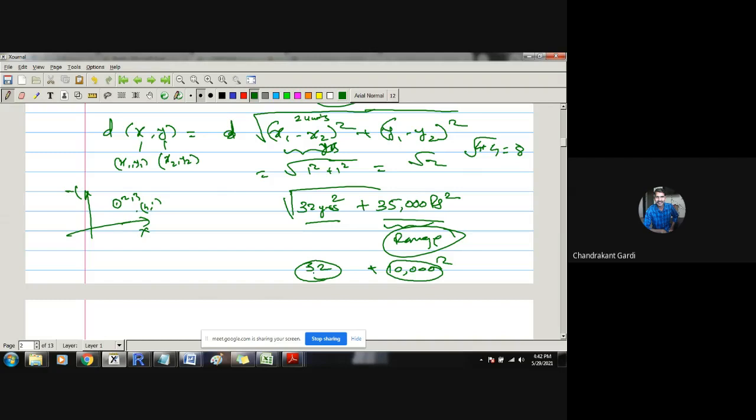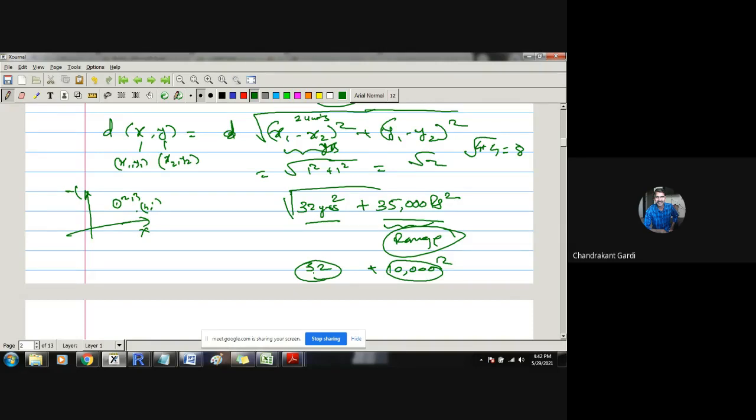So this maximum is very small compared to the minimum difference on the y-axis, and therefore this 32 will not be given due consideration. When we are focusing on 10,000, and we add 32 to that number, it is not going to change by a large margin, because 10,000 and 10,032 are effectively the same values. So if today gold price is 10,000 and tomorrow it is 10,032, we are going to say that there is no difference between gold prices on the 2 days. They are very near each other.